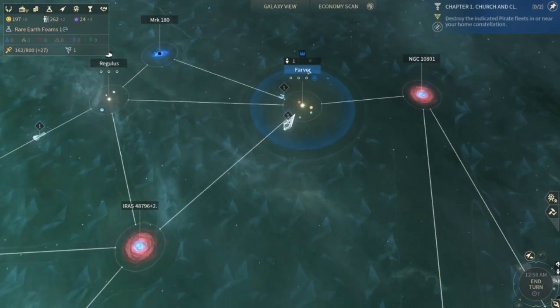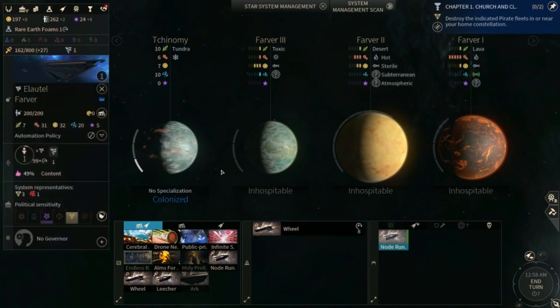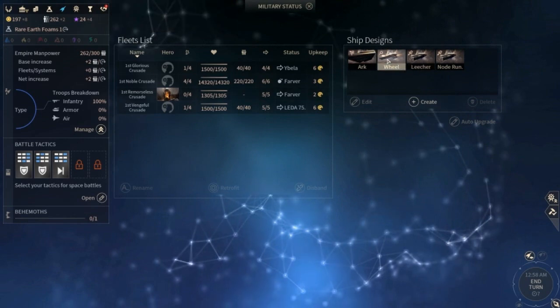We're going to try and get Farver up and running as best as possible. We're going to build another wheel here. We're going to build a cheaper type of wheel because this is a ridiculously expensive design here. So